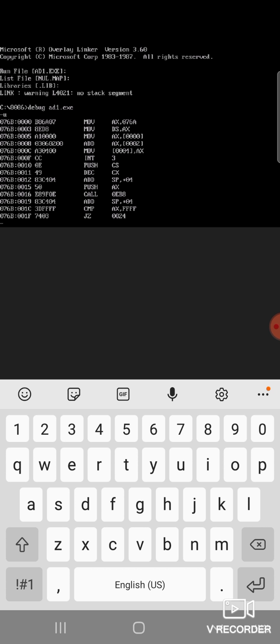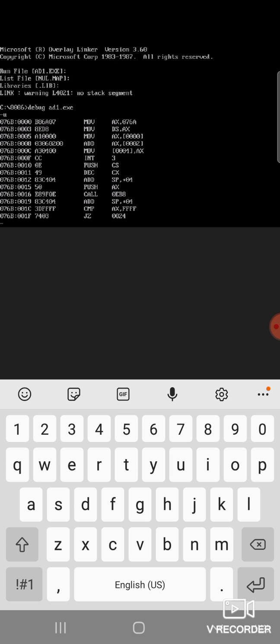After int3 you have some other values like push cs, decrement cx. Those are not a part of your program. Those are instructions already available in those memory locations, so they also appear here. We only need to consider up to int3, because up to int3 is your program. So the first 6 instructions, till int3. You can see the first value is 076b colon 4 zeros, which is the physical address of the instruction.